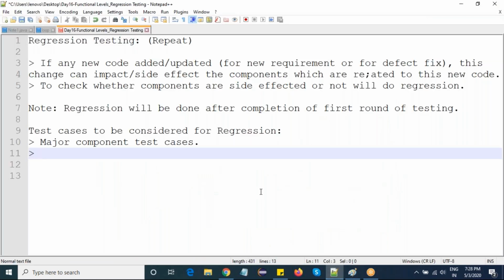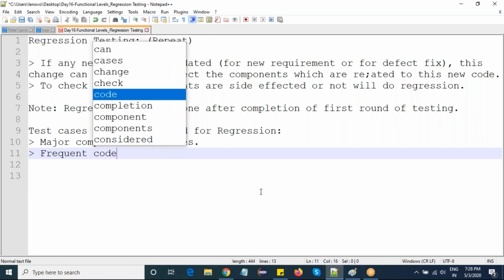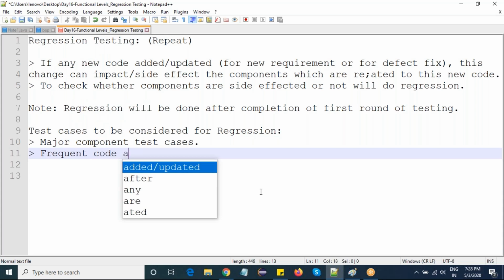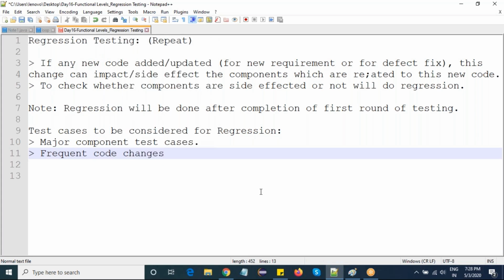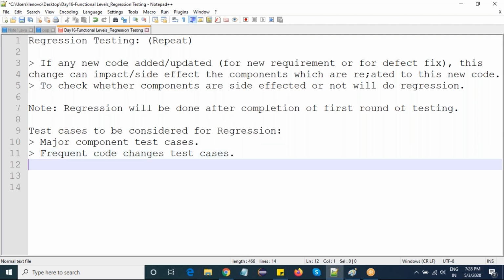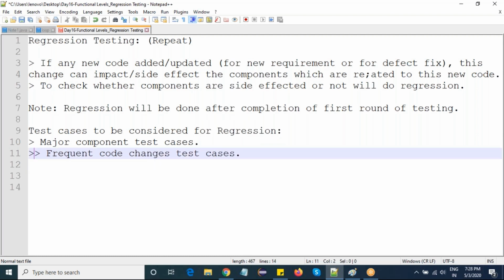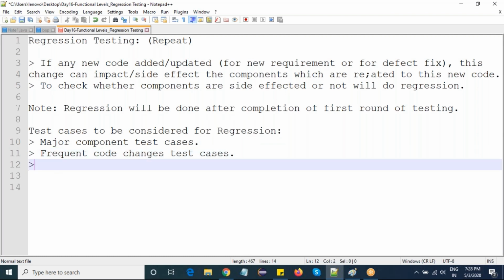So it means frequent code changes test cases, and frequent failed test cases.